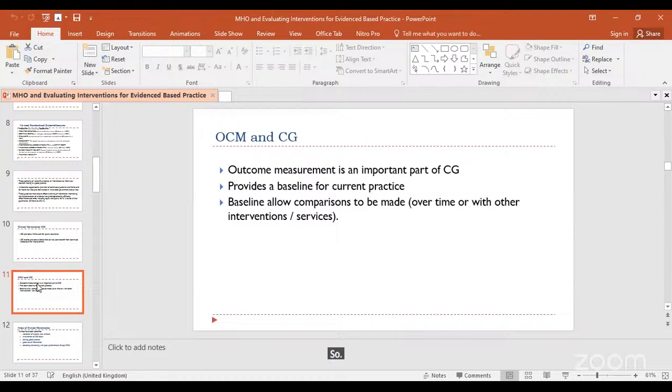So an outcome measure is a very important tool for us to be able to develop clinical governance, because the outcome measure provides a baseline where we can all pool our resources together to guide our current practice. If we can get a baseline of consensus based on agreement, that baseline allows us to compare over time with other interventions and with other services. If we can find a baseline, then we will be able to compare and pool resources from BUK to UCH to Unilorin, to University of Ife, to LASU, because we have a baseline. As long as there is no baseline, it's difficult for us to get to that peak of evidence-based practice, which is clinical governance